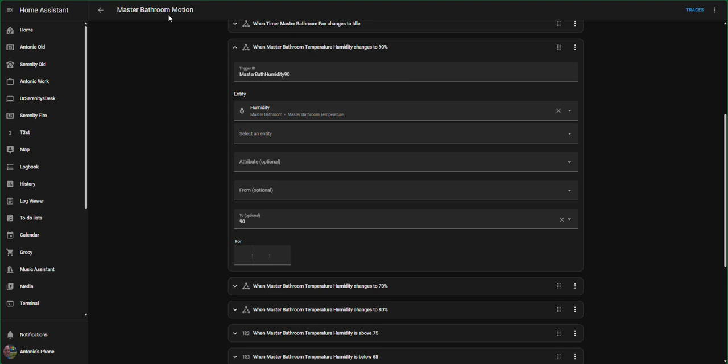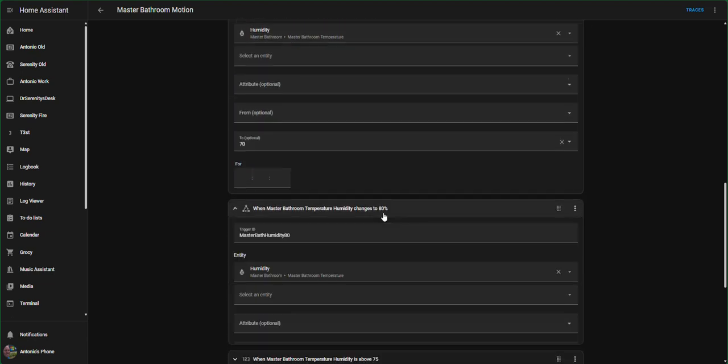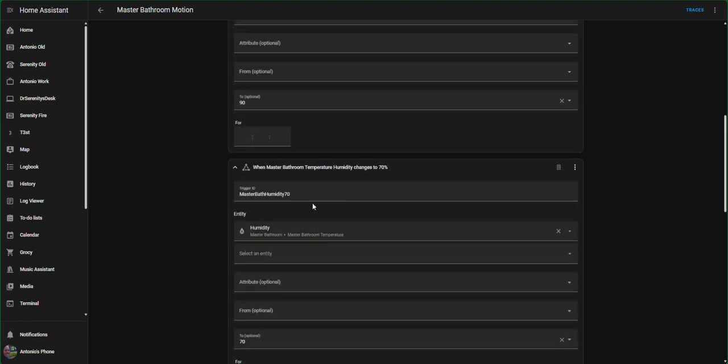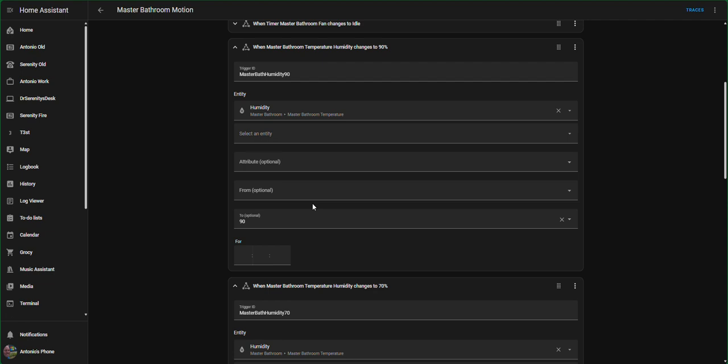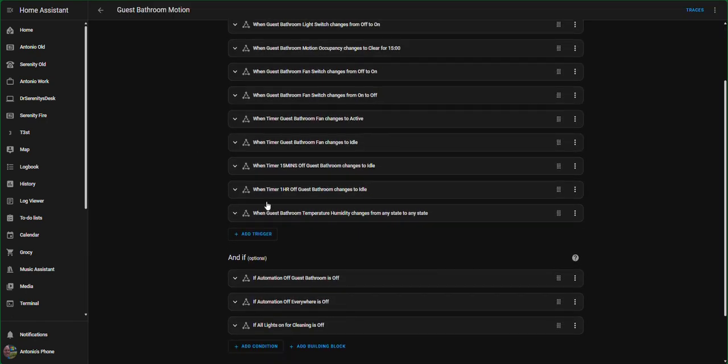So, working with Home Assistant, I see that this option is not the best of options. All these right here, it doesn't work all the time. And the key is to find something that works all the time. So, if you look here at my guest bathroom, I have it set to where if the temperature humidity is